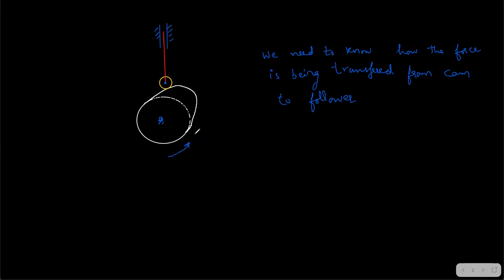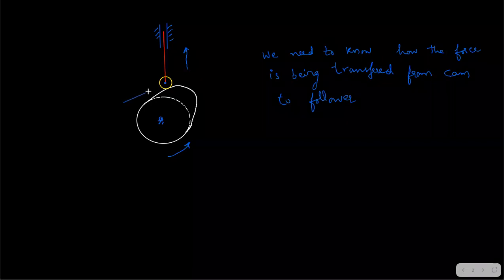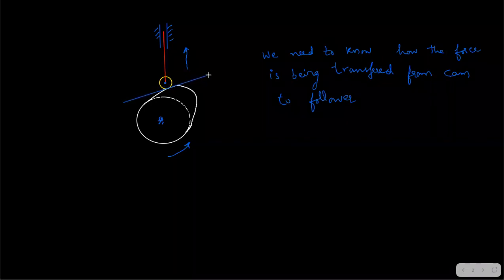So this is rotating anti-clockwise and the follower is going up. How is it possible? It is possible in which direction, that is more importantly what we need to know. So I am going to show you the direction. So just look at this. First draw a tangent to both the curves. Okay, so this is the common tangent. Once you draw a tangent, is it difficult to draw the normal? No, right? Normal is perpendicular to tangent. Whenever there is a circle, the normal passes through the center of the circle. So this is the normal.